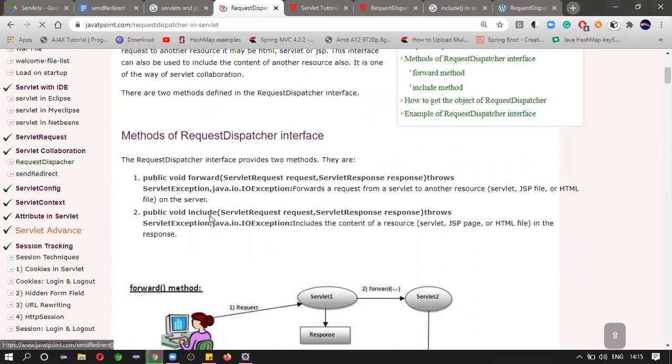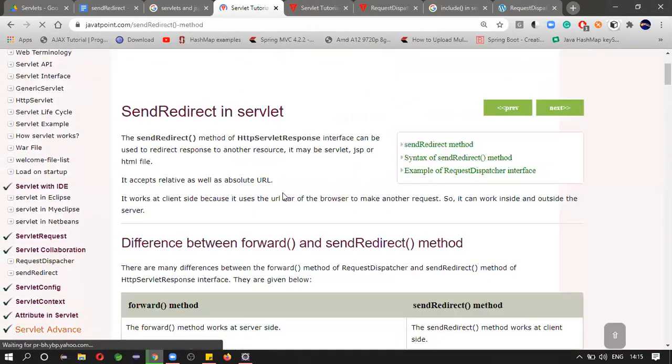And also we will see include method. Okay, what is include method, when to use and where to use.